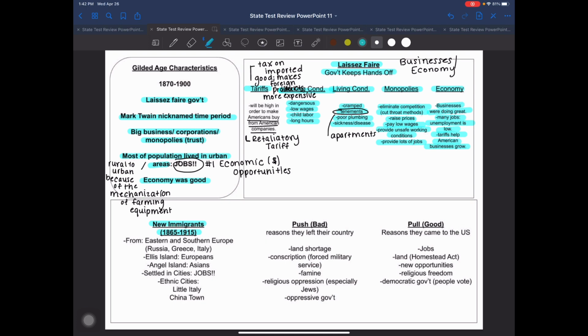Again, this is one of those things you're going to learn that we did that was not necessarily difficult to understand, this concept, but it's easy to forget. And I'm telling you, it is so very important for you to understand the immigrants that we get during the Gilded Age are what we call the new immigrants. Okay? And we're calling them the new immigrants because during this time period, the immigrants that we're getting are coming from a different part of Europe than what we have traditionally gotten before.